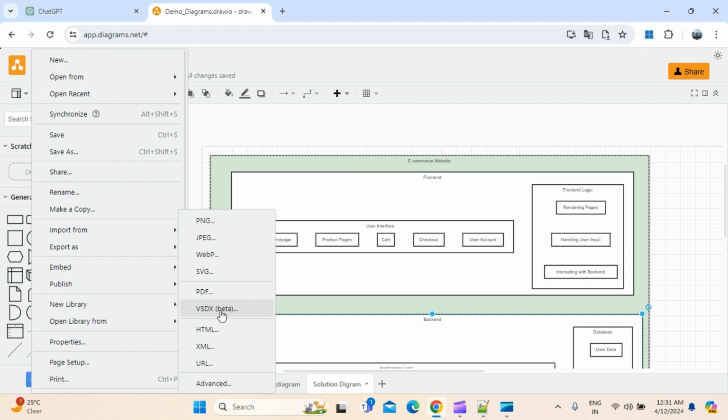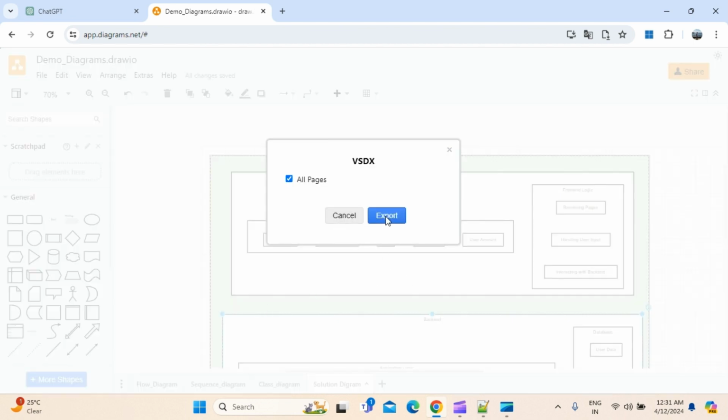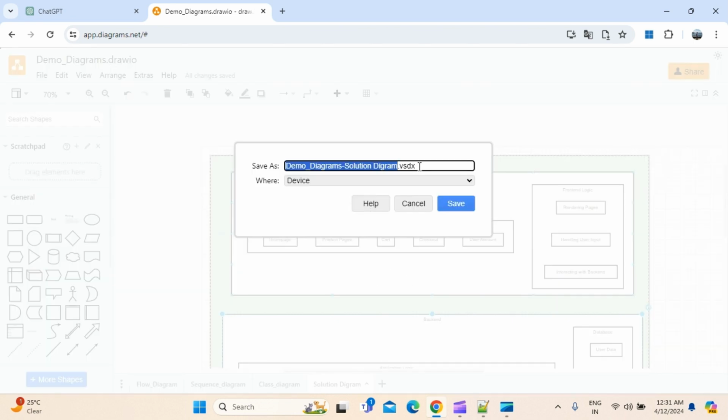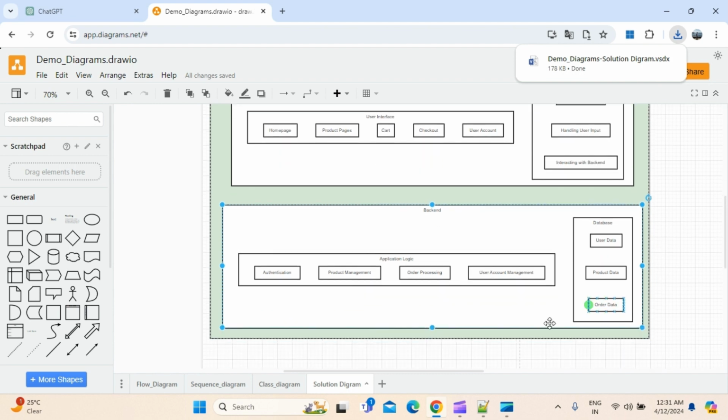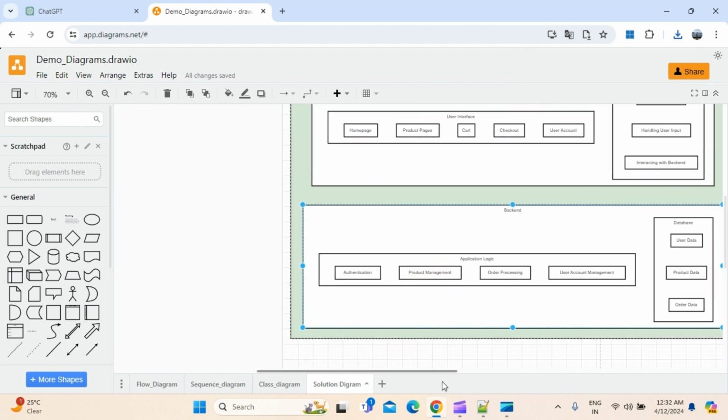So this is Visio documents. I can export it, even though PDF also can export it. So if I export it, you will be able to see its Visio diagrams are saving. I can save it somewhere, right? So it's a save in Visio, and you will be able to see this imported into the Visio. For example, if I open it with Visio, this diagram will be open and it's a save on that. So it automates a lot, minimizes a lot of effort, and it has a lot of benefit, as you have seen